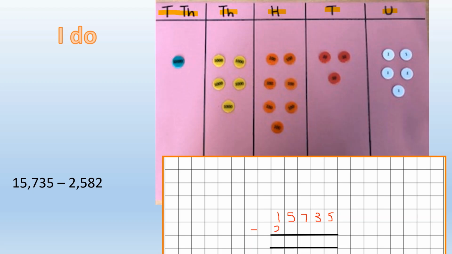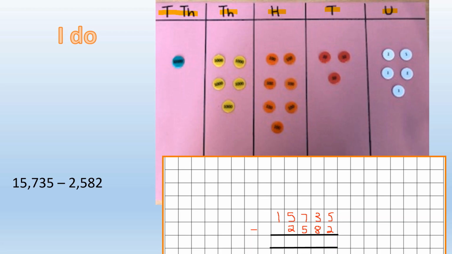As you can see there, I nearly made a mistake. I've corrected myself. I needed to remember to put the 2,000 in the thousands column and not the tens of thousands. 2,582. Okay, so I'm going to start with the units first, and we always start with the top number, take